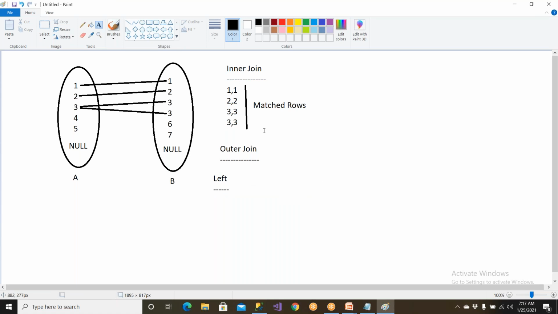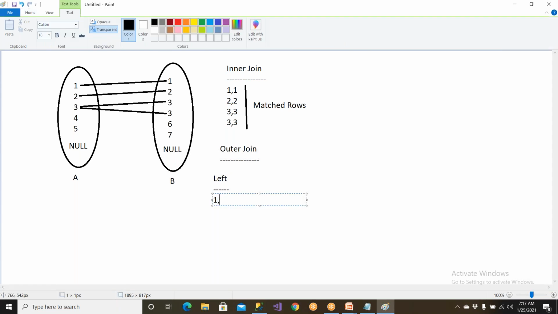So inner join gets you matching data. Outer joins will get you matching data plus unmatched data. So that is the beauty. So left outer join will get you matching data. What is matching data? 1 comma 1, 2 comma 2, 3 comma 3, 3 comma 3. This is matching data plus unmatched data from the left table. You assume this is your left table and this is your right table, right? So matched data from both tables will be given, plus unmatched data from the left table will be given: 4, and